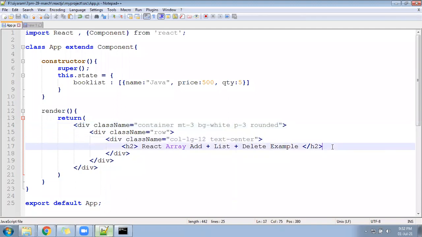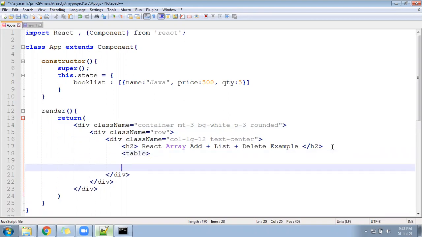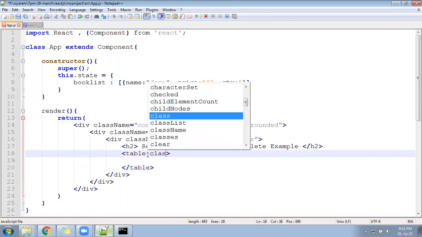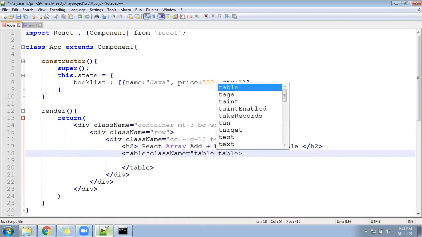Since I have already created one array, I'll create a table and display the data in the table. So I'll create a table here and close the table. And after that, I'll follow the className, that is table and table-bordered.